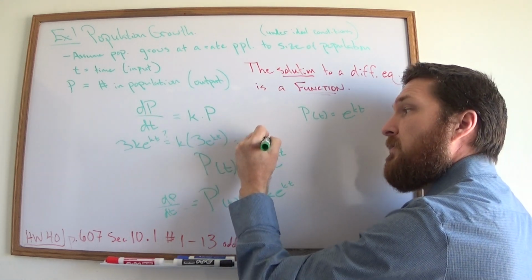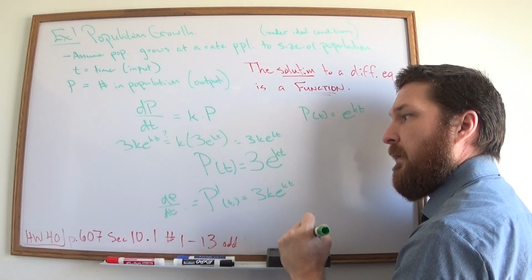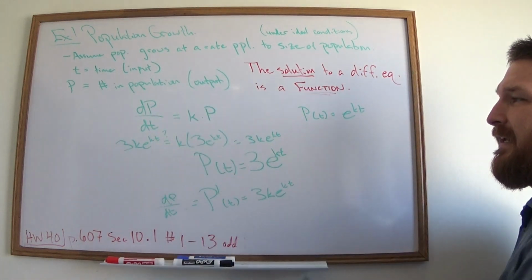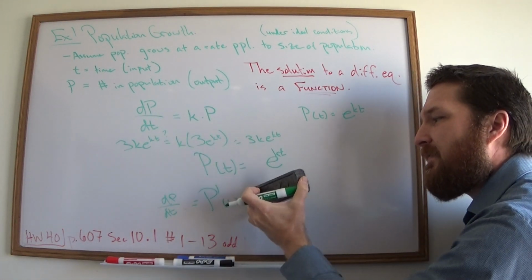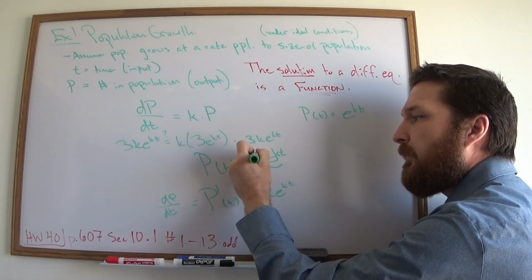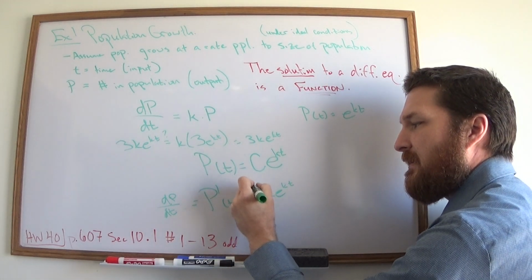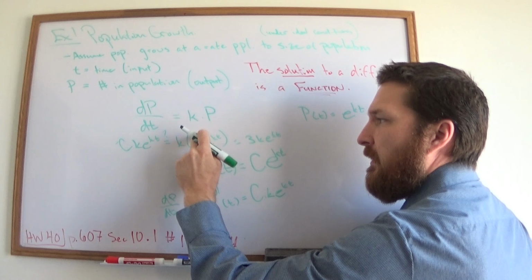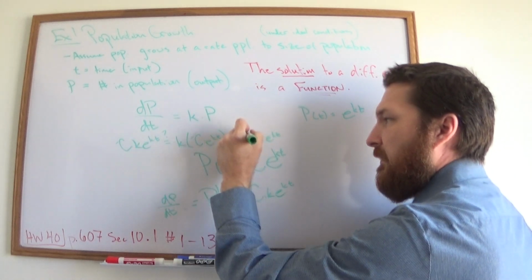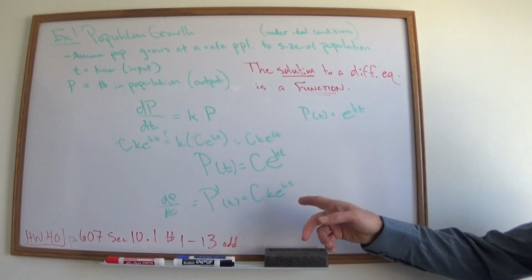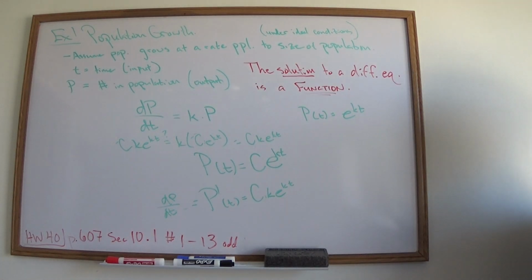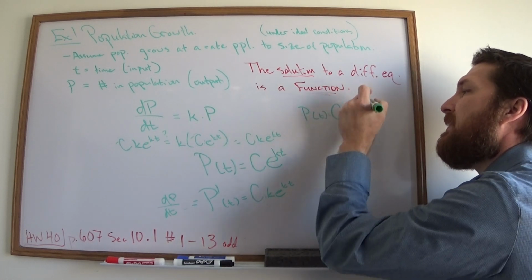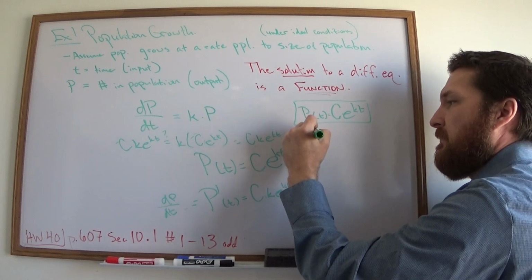So this also solves the differential equation. It's like a constant times. Now we're going to say, wait a second, the 3 just kind of came along for the ride. If that had been any constant, any real number whatsoever, let's just call it c, we would have had this, and this right here, and this right here, and indeed that would have solved the differential equation. And so what we end up with is we could say this is the general